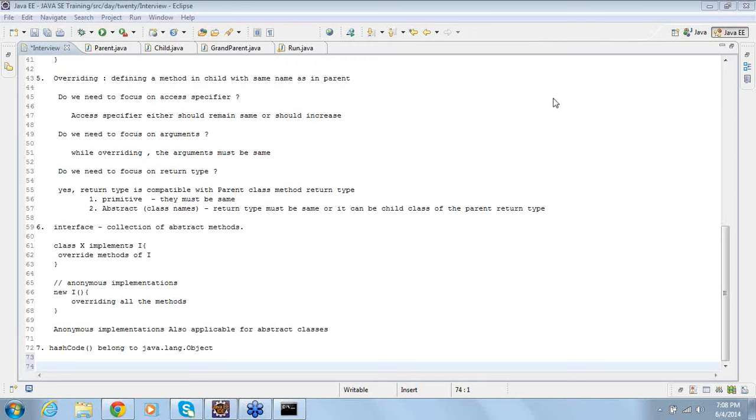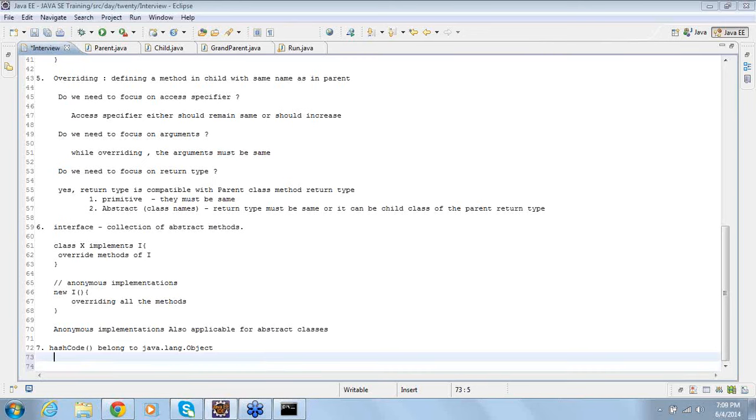Yes. What it does is it returns a unique address assigned to an object.